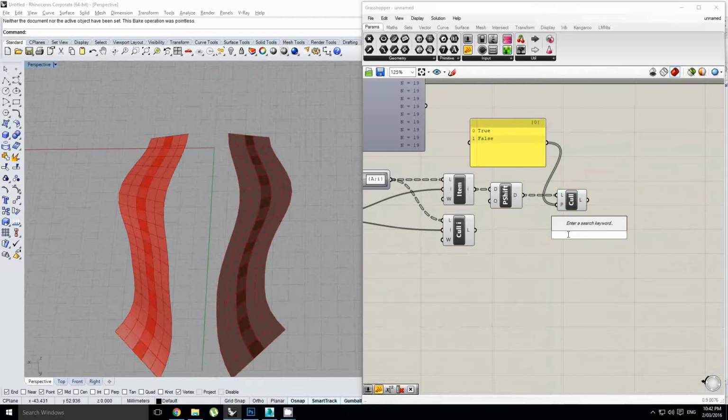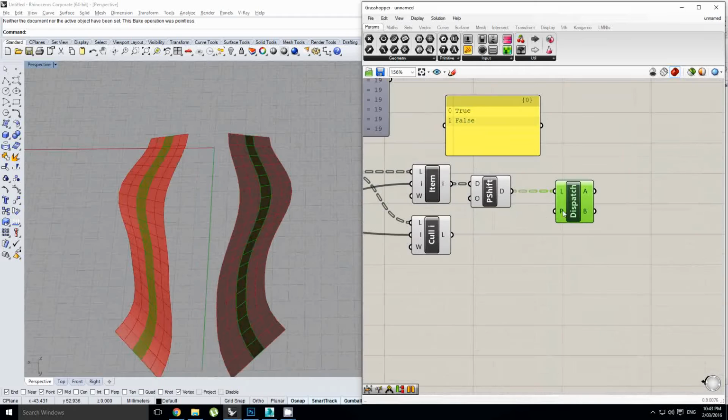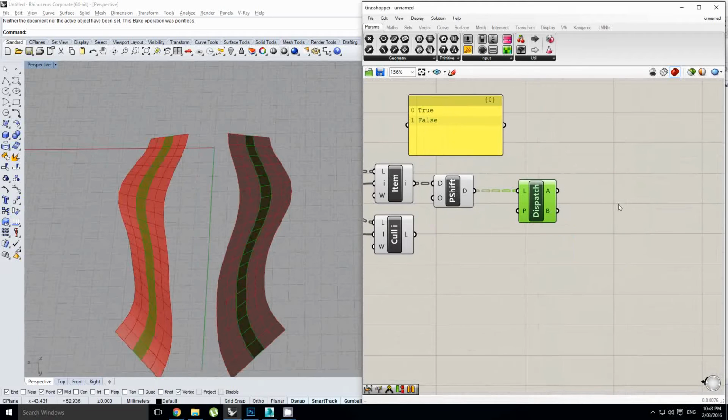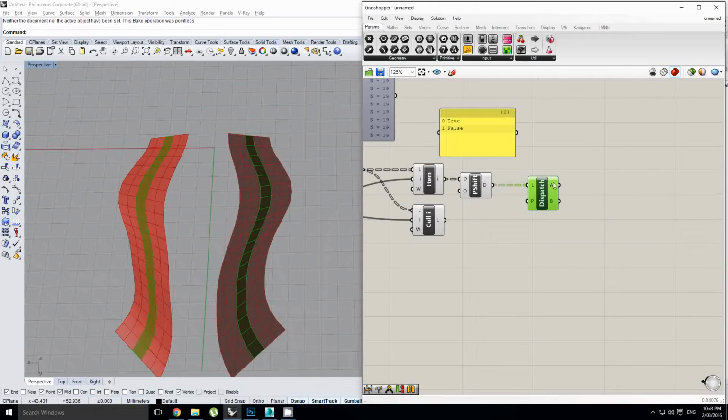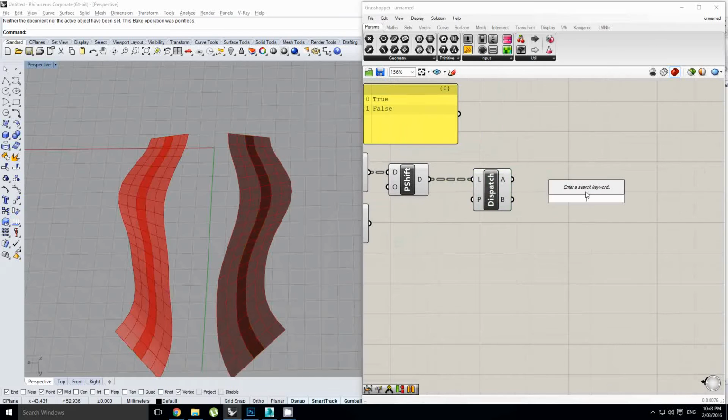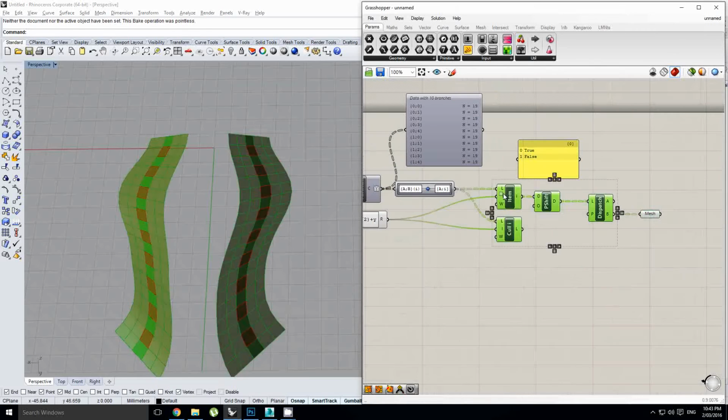So at this point what I'm going to do, instead of using a cull pattern, is I'm going to use a dispatch. So what the dispatch does is it's basically the same thing as the cull pattern, but it puts your true items into your A list and your false items into your B list, which is quite helpful because we're going to use both of these, if not now, at least further down the track. So now I'm just going to test which one is which. I'm probably going to want my B items. Yes, so you can see we've got that layer of padding on either edge, and I can just preview these